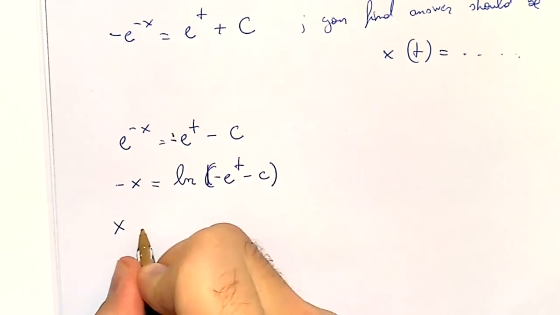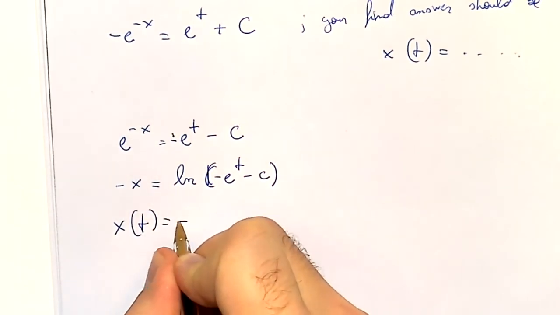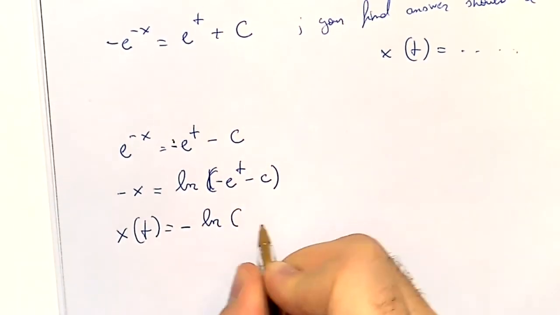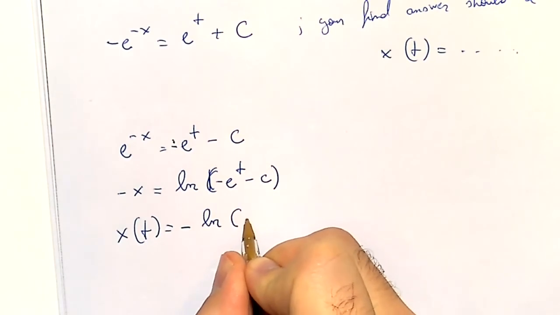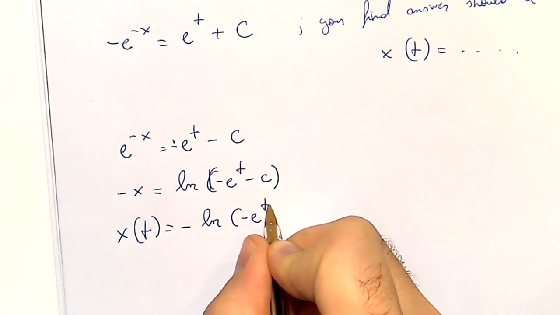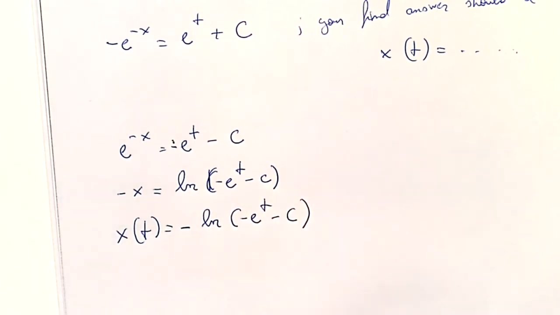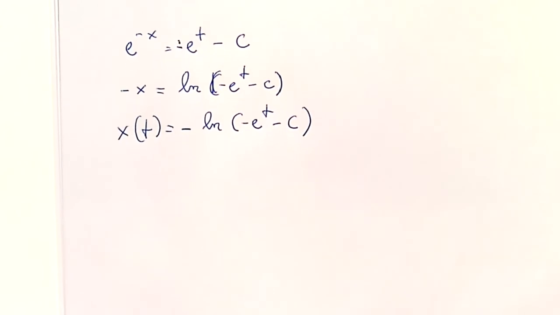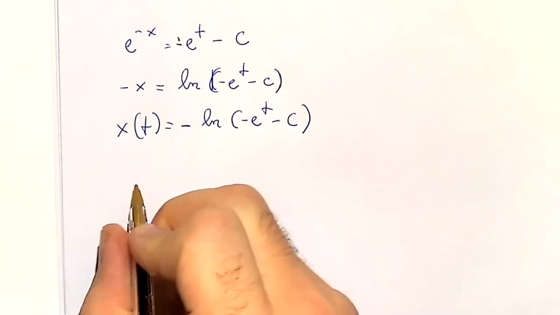So x of t is equal to just minus log of minus e to the power of t minus the constant. Okay, everyone agree with what I did, how I got here? Okay. Now this is my final answer. Let's just say this was part A. Okay. Now part B says